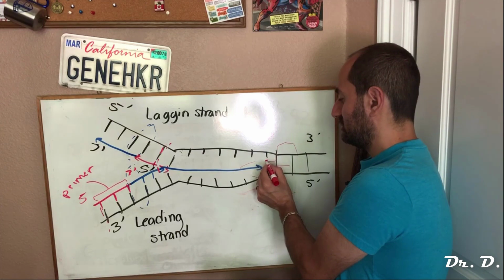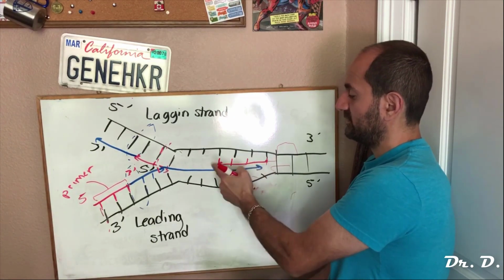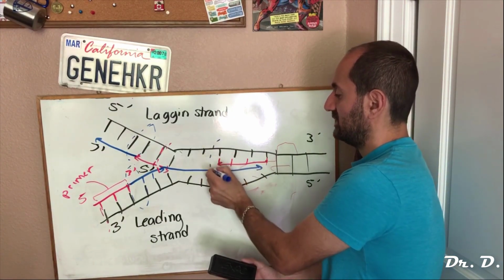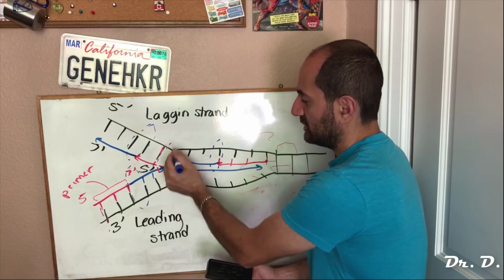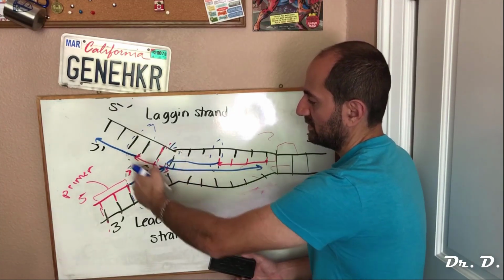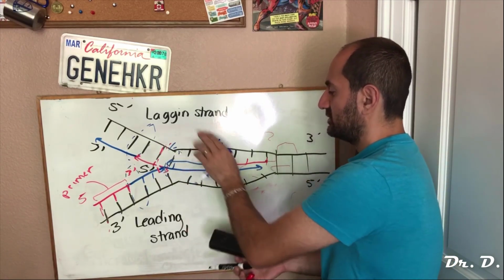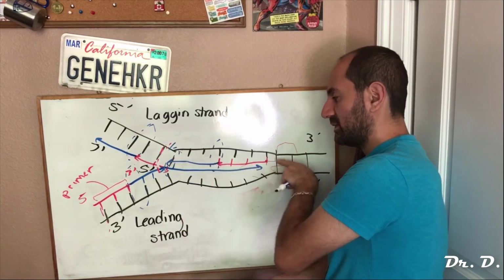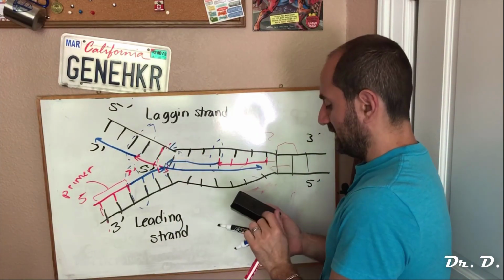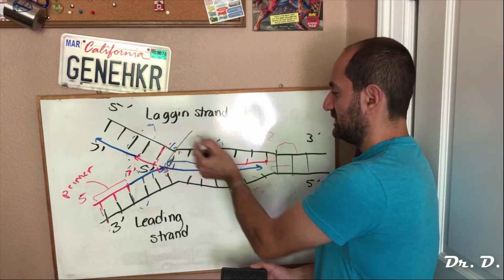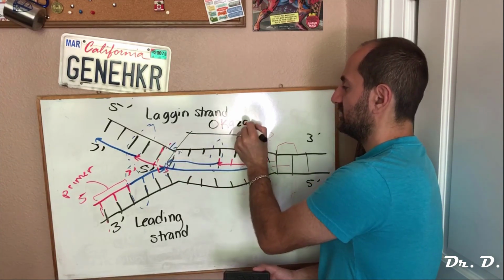RNA polymerase must attach right here by the fork, build a short stretch of RNA called the primer away from the fork. DNA polymerase 3 then attaches and copies the rest into DNA. And by the way, DNA polymerase 3 will stall out here when it touches the previous primer on the previous fragment. Every time you unzip the DNA, you have to put down a new primer and more DNA. You're going to leave behind these fragments of DNA and RNA. This is a fragment, and these fragments are called Okazaki